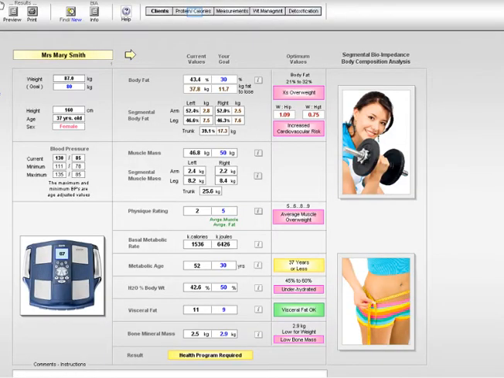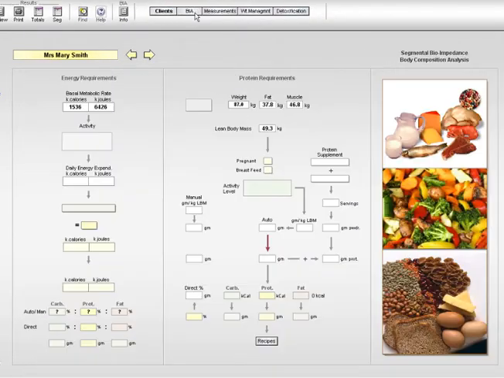Okay, we need to go to the protein and calories layout, and here we are, and we've got two columns, protein requirements and energy requirements. Now you'll notice we've got numbers in there already. We've got the total weight of the person, their fat in kilos, and their muscle in kilos, and their lean